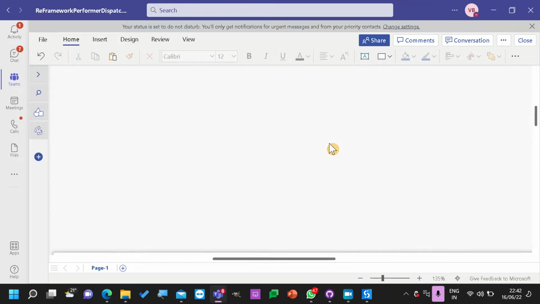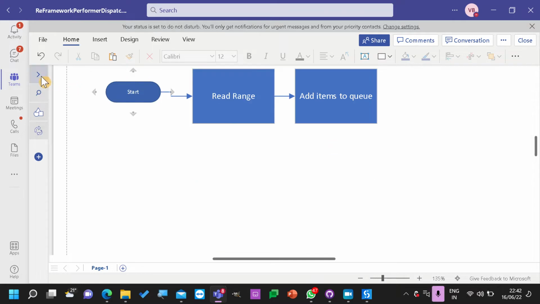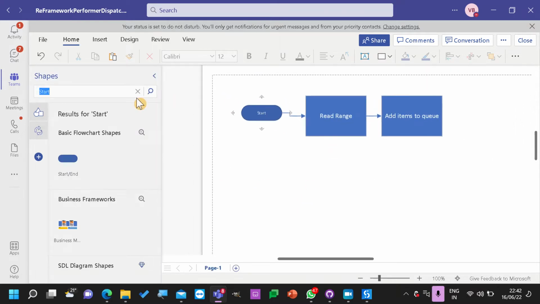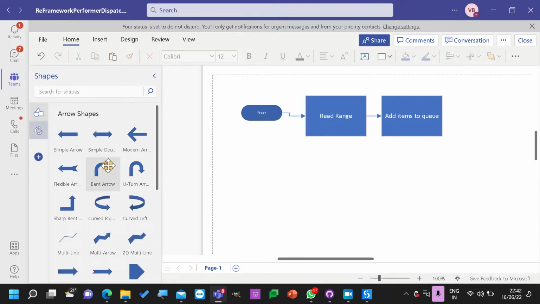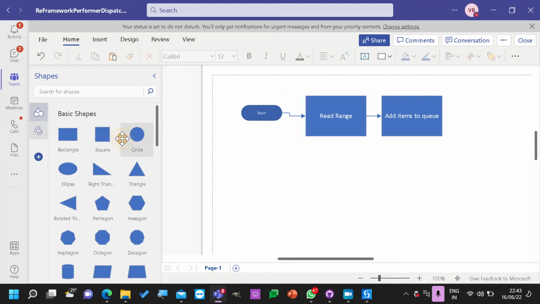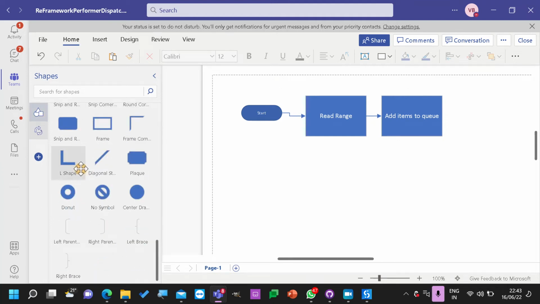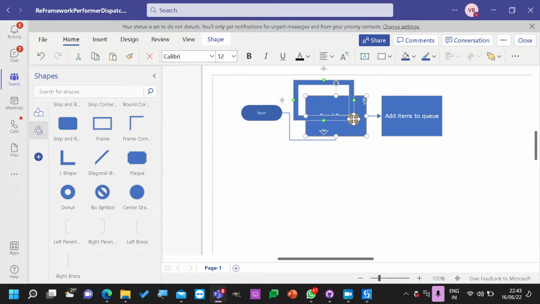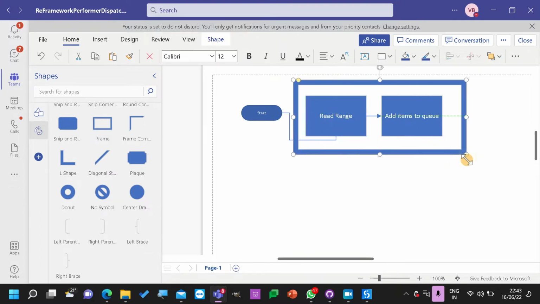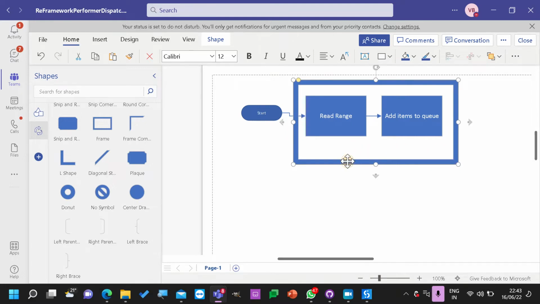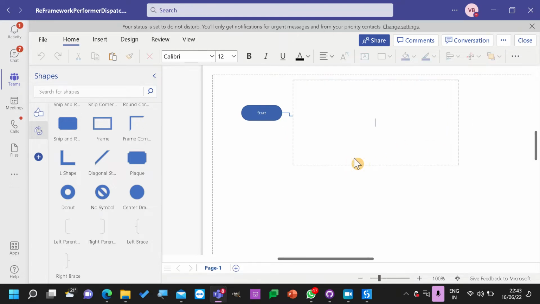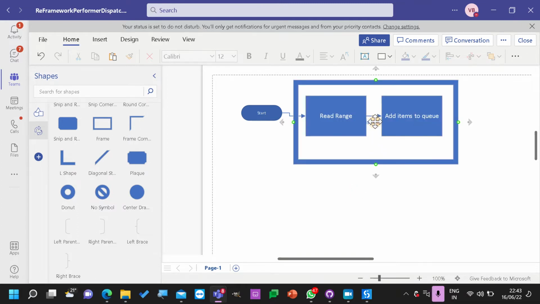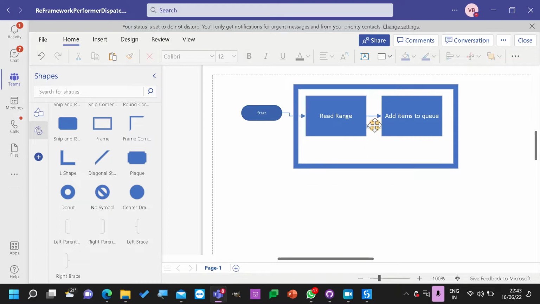So can we take both of these as dispatcher? Yes. Okay. So all it's doing is trying to read the information, nothing else.